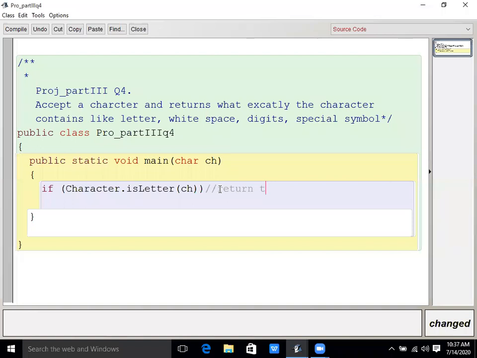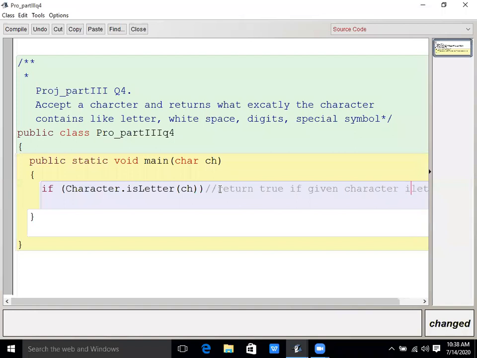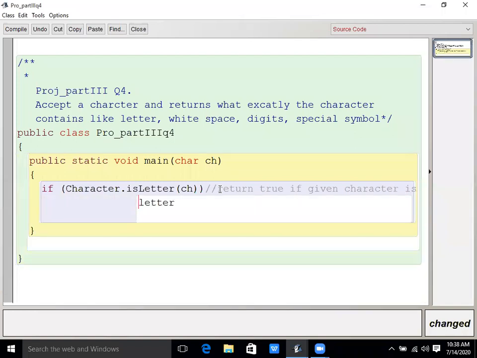Return true if the given character is a letter, or false if it is not a letter.